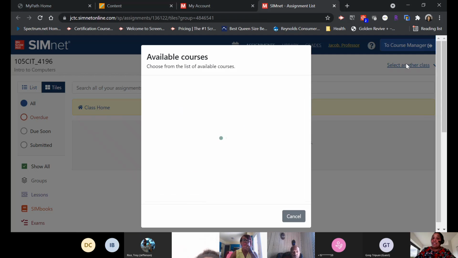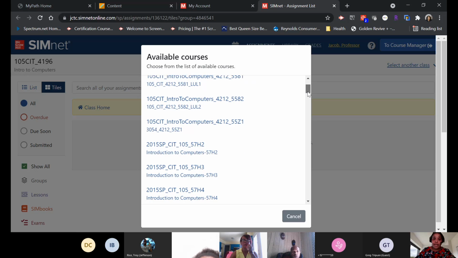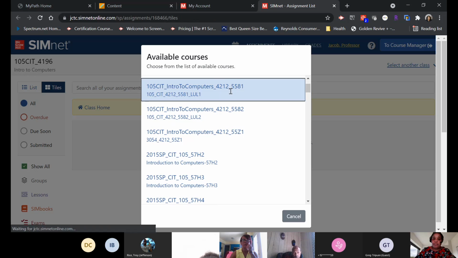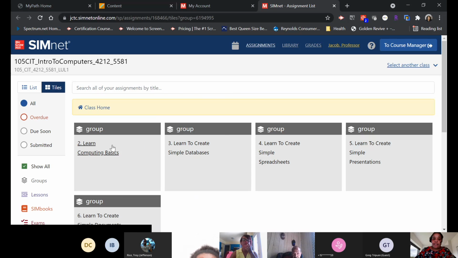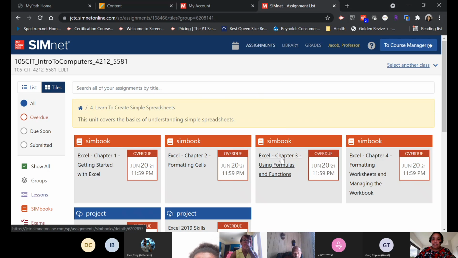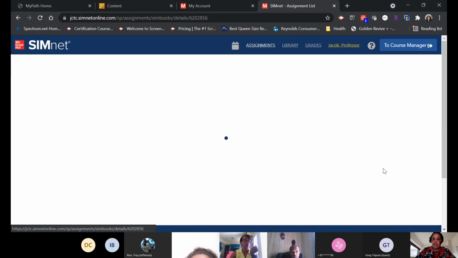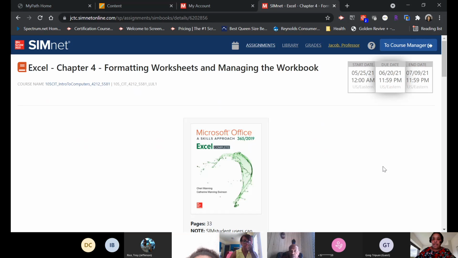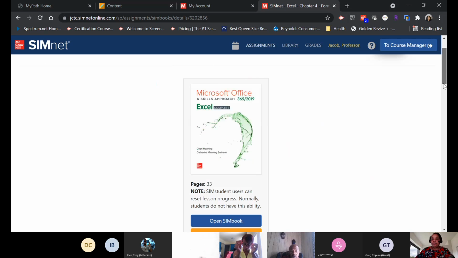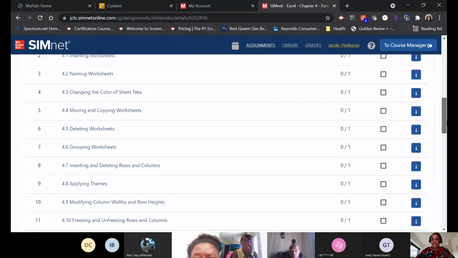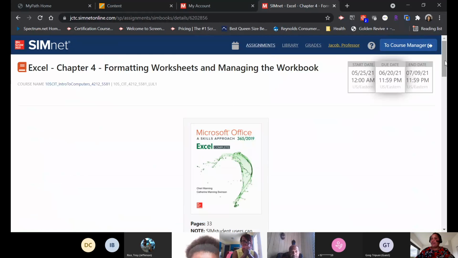You could stay on SimNet. You have a couple of options. Let's say, for instance, you finished working on the Sim book. This is what you would see on SimNet, and here are all of your tasks. If you completed that and you're ready to go into the assignment projects,